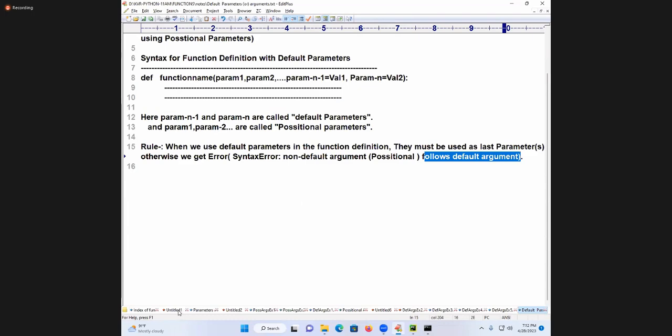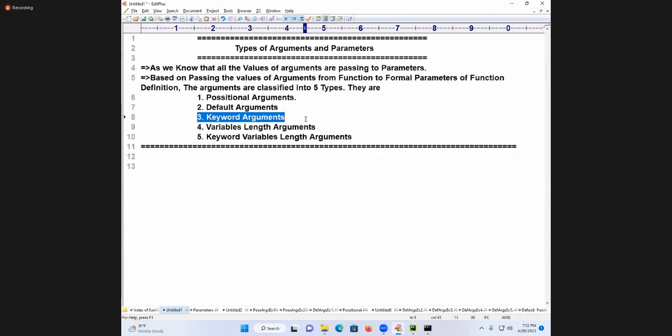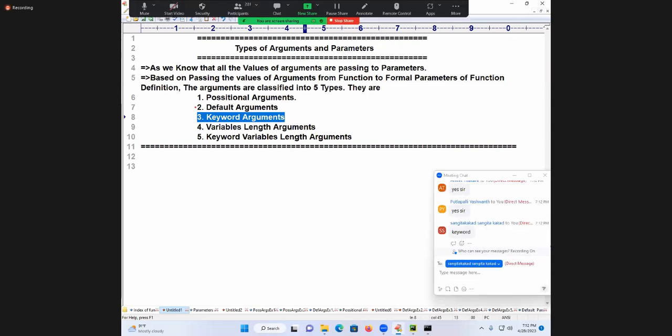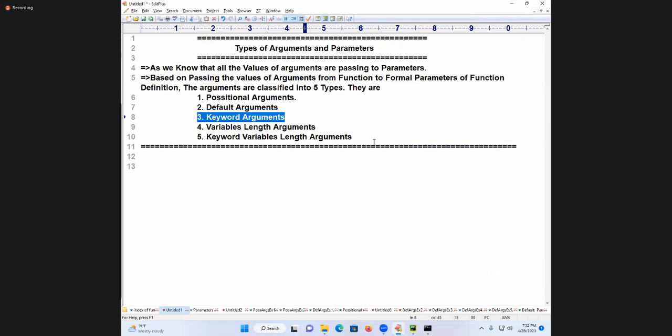When I am discussing the third one, I will carry what? Default I will carry. Positional also I will carry. If you don't understand, I am not responsible. Finally, when I am going for keyword variable arguments, fourth will come, third will come, second will come, first will come. All will come. If you understand, it's very well and good. If you don't understand, that is a mind problem. We can't do anything else.